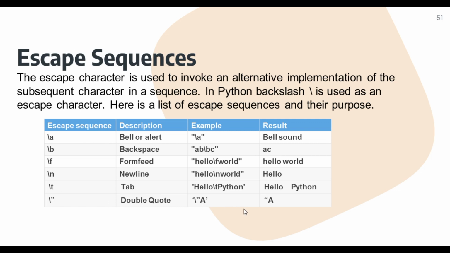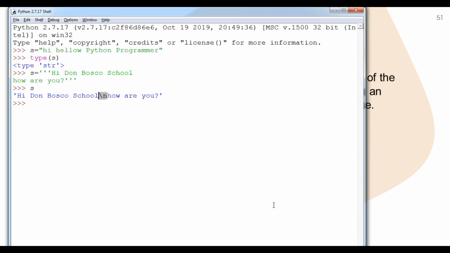Slash double quote is used if you are going to print a double quote. For example, suppose you want to print "Python class". I type print, and within the round brackets, within single quotes, Python class.